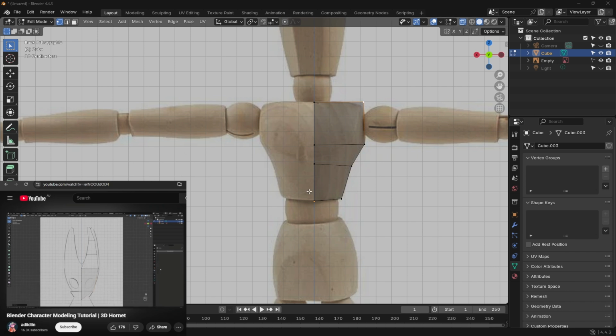For the other side of the head, add a mirror modifier and turn on clipping to merge the middle verts. Add a subsurf and